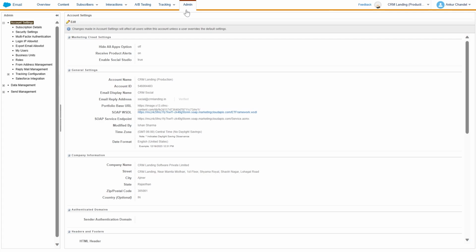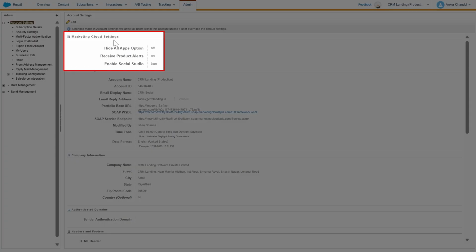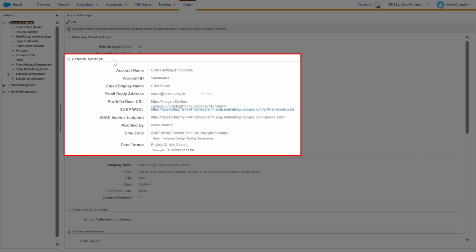After selecting the Admin tab, we navigate to the Account Settings section. Within the account settings, we find Marketing Cloud settings, which offer options to hide all apps, receive product alerts, and enable Social Studio. Additionally, we access general settings containing information such as account name, account ID, email display name, which will